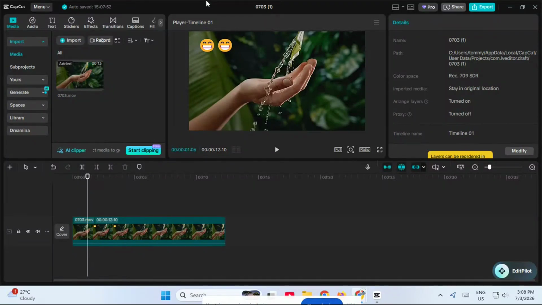In today's video, I'm going to show you how to remove unwanted objects in CapCut for PC using a simple masking method that works great for covering small distractions in your footage. This is an easy editing trick that can help you clean up your videos and make your final result look